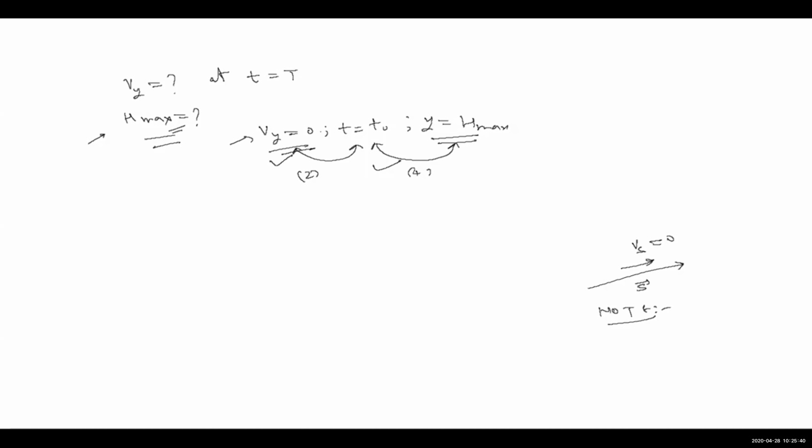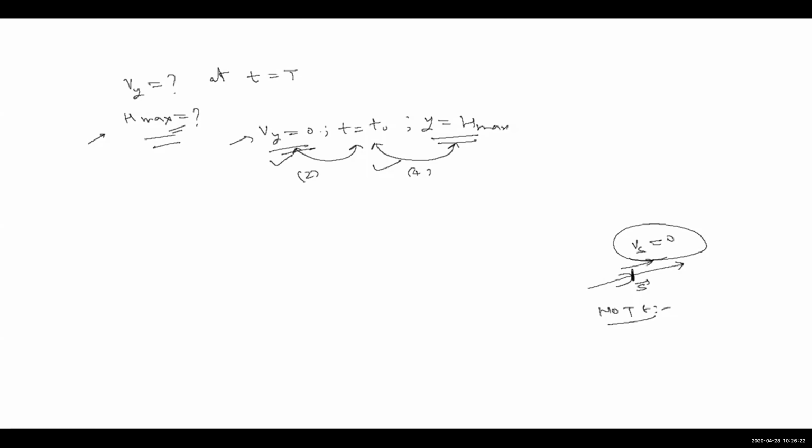The displacement along any direction will be max when the velocity along that direction becomes zero. Because if velocity is non-zero, it means the particle is going further. If the particle is going further, it cannot be max. Max means point of return. And whenever you are returning, you have to stop. So in any direction, if you want to find the point where you have gone max, the point of returning, you have to stop along this direction. So along that direction, velocity will be zero. This is generic, note that.